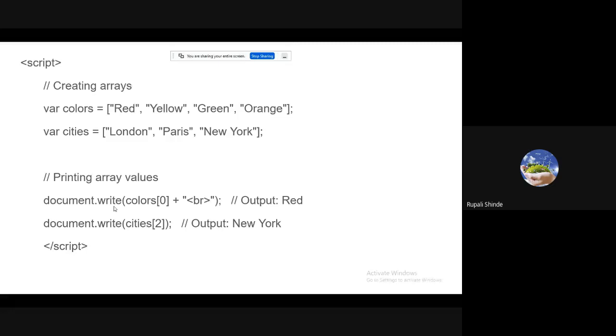That means we print the 0th index color from the color array. Then we display city of second index. That means Newark is going to display, because London has the index 0, Paris has the index 1, and Newark has the index 2.